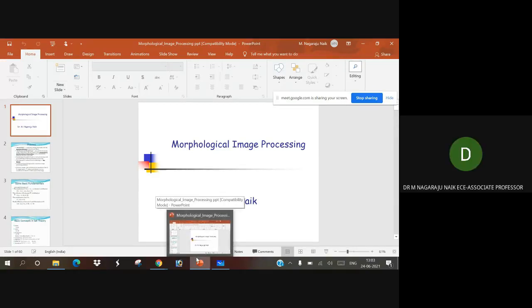Now today we will discuss the morphological model. This is a most important topic in image segmentation and enhancement.